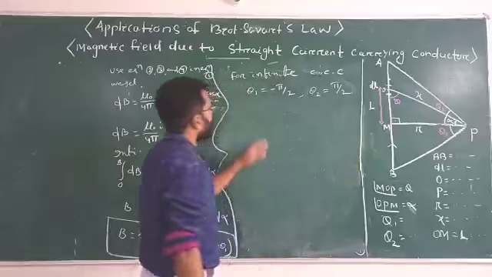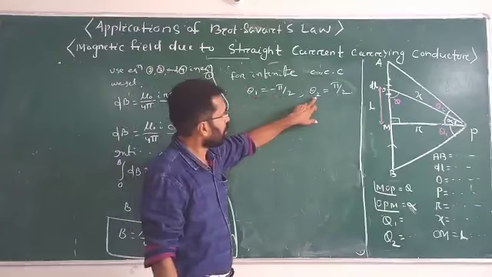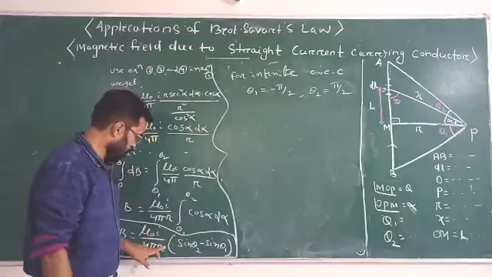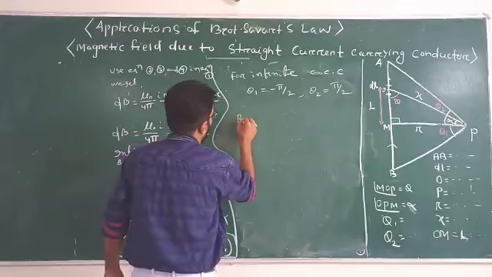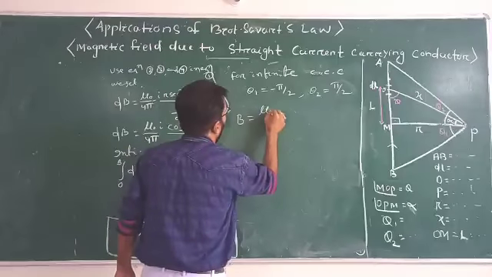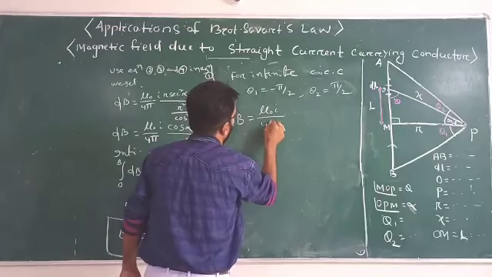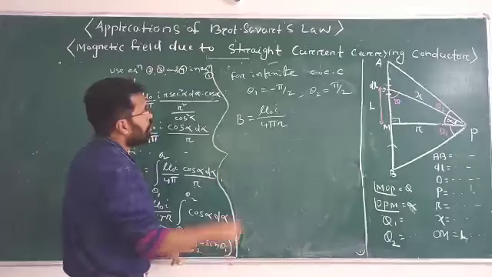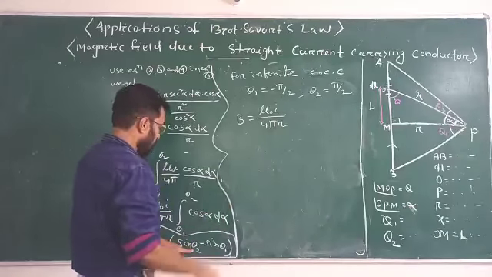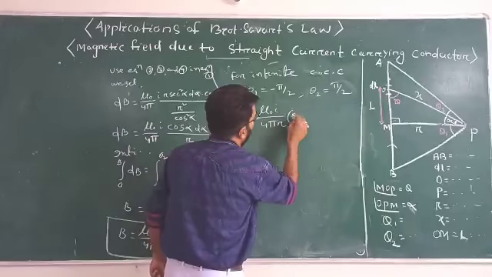Okay, students, now putting the values of theta 1 and theta 2 in this equation, we will get the answer. So B is equal to mu naught I upon 4 pi r, instead of theta 2 you put the value pi by 2, sin